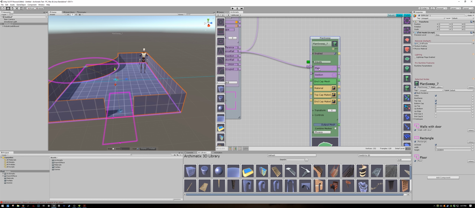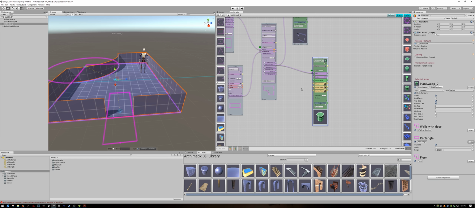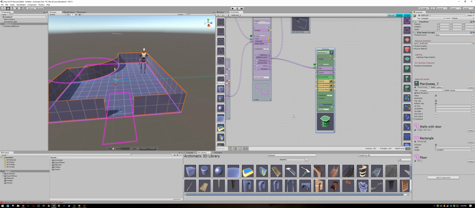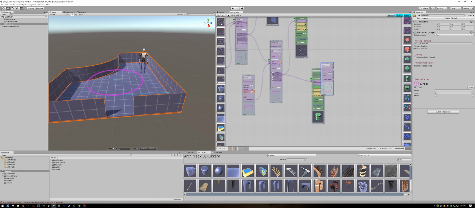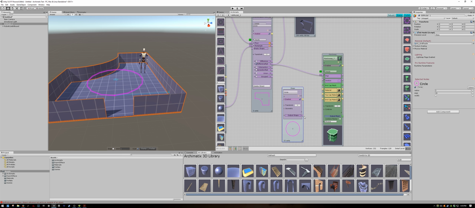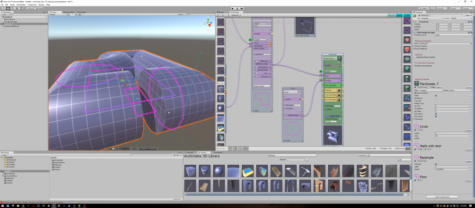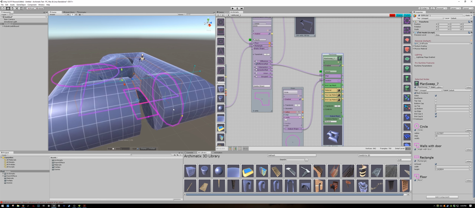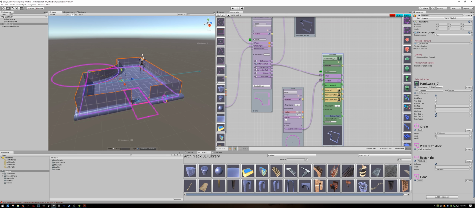You see the two purple inputs, one is called plan, one is called section. Well, we need to give it a cross section for the cross section of the rail. Let's just make the rail a circle. So I created a new circle shape, and I'm gonna feed that output into the section. Whoa, that shape is way too large. I'm gonna scale down the radius of it, way down,